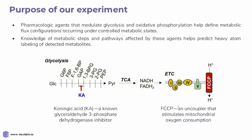So today I will demonstrate data analysis from the experiment that we recently performed. We used pharmacological controls to establish and define metabolic configurations. We kind of knew what to expect, and therefore we could predict certain enrichment patterns and establish state controls, metabolic states. The knowledge of that can actually help in designing future experiments and using those as sort of